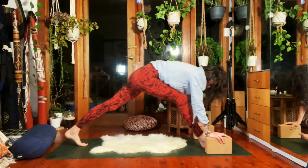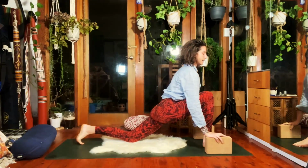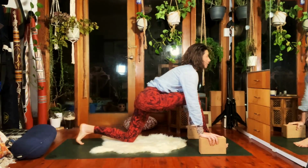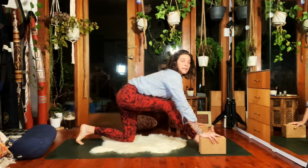Plant the back knee down. Hands can be on the blocks here. And again, we're gonna shift back and forth, back and forth. So exhale, come back, straighten the front leg as the hips come back. And again,